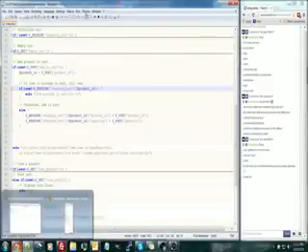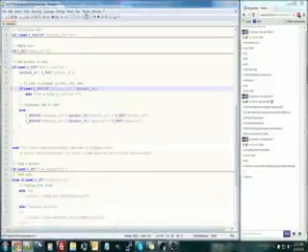Okay, so now since we can't add an item to the cart twice, we need to have a way to edit the quantity if it's already in